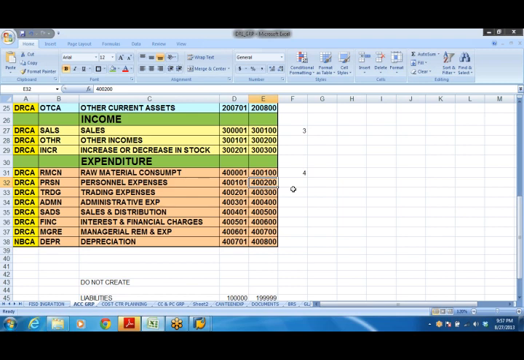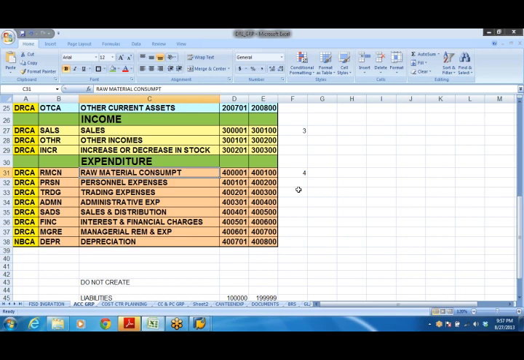So when you create cost elements, the cost element should be properly classified. That's why here I'm treating administrative expenses, sales and distribution expenses, raw material consumption expenses separately. I'm identifying them and giving a separate range to each.